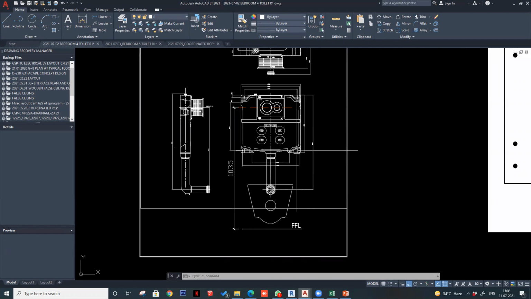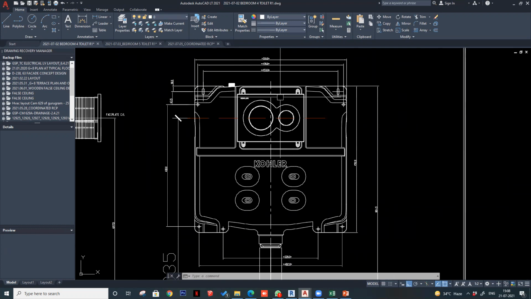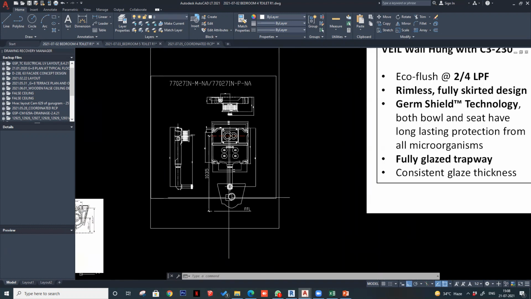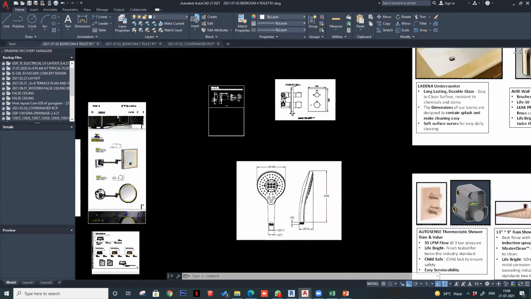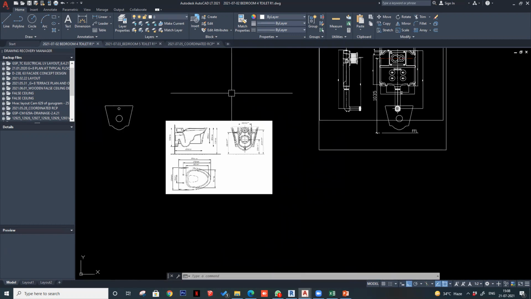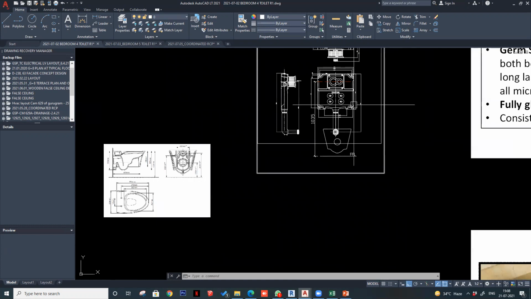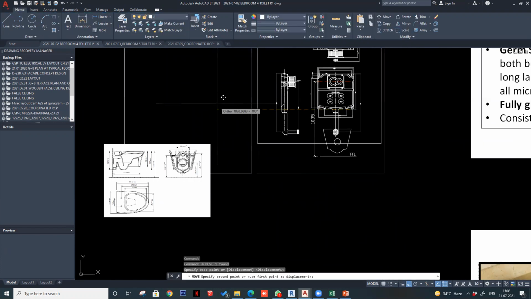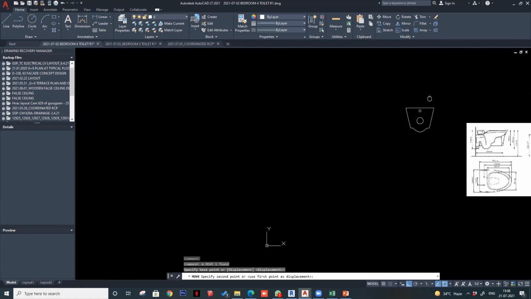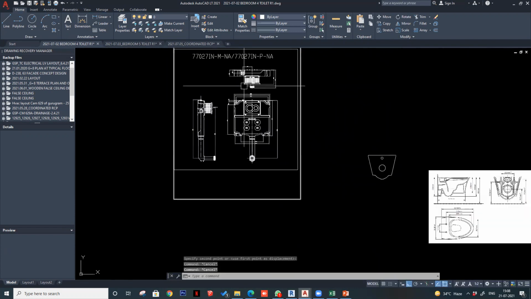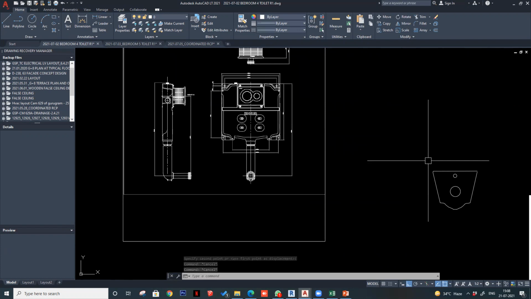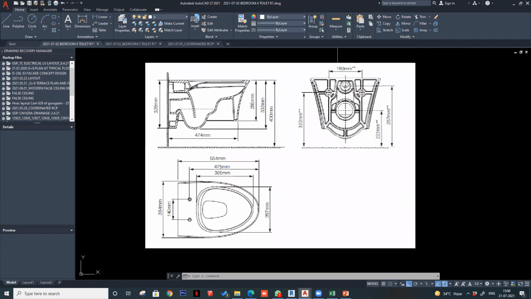This is basically the shop drawing of the cistern, and this is the flush plate. To achieve the height of this flush plate, what we did here was, from the shop drawing of the cistern, I have the outline of this.